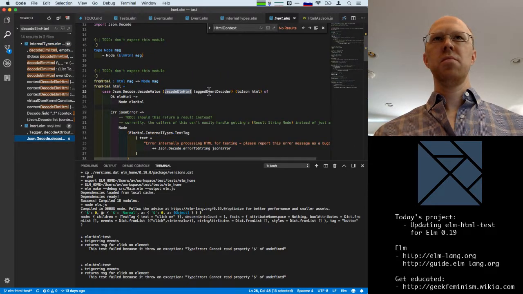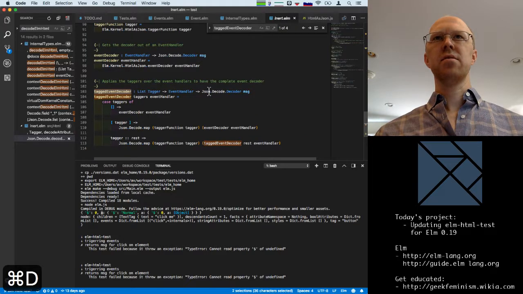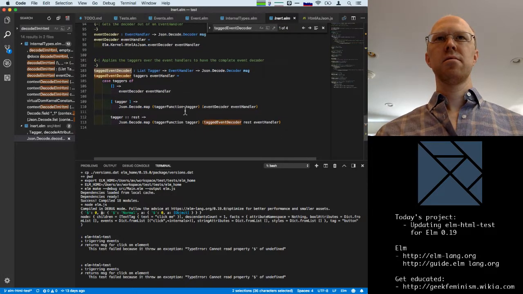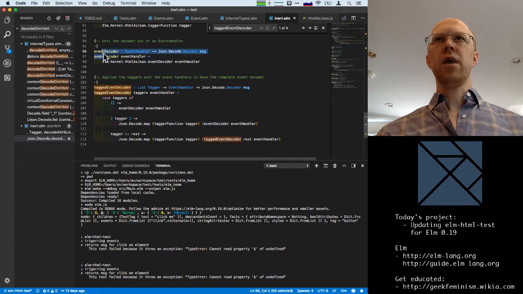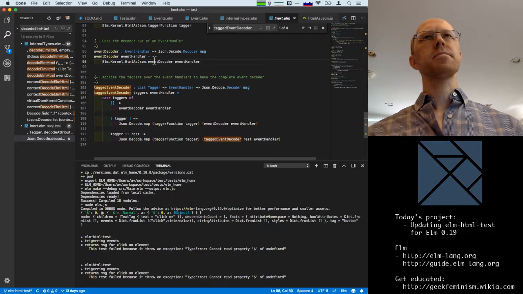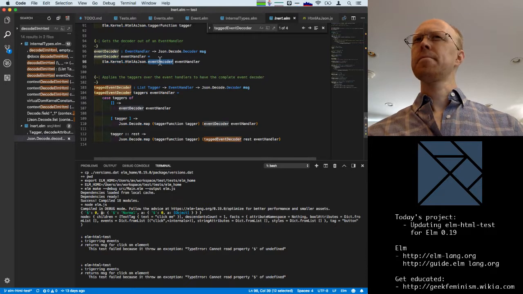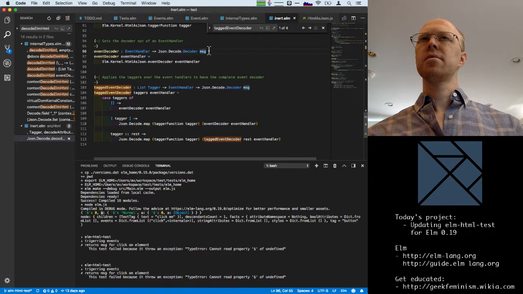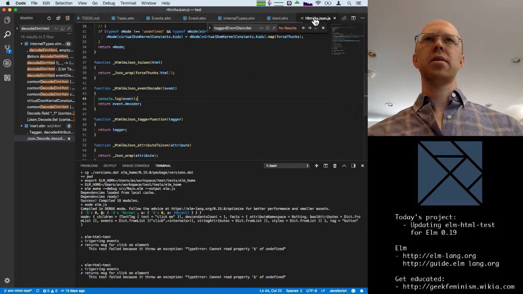Decode elm-html. Okay, so this gets past the tagged event decoder. This is a function that's created here. Okay, and here's the one that's our native wrapper. So this is supposed to be a function that takes an event handler and gives a JSON decoder back.